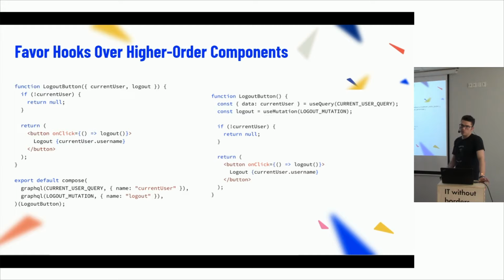You also should favor hooks over higher order components, especially in some cases. So, encapsulated behavior over configuration of props that a component depends on. Here the logout button works kind of the same, but it's using the GraphQL Apollo implementation. We have this higher order component, GraphQL, and if it's a query, then the data from that query is going to be available under currentUser. It's here. But just looking at that logout button, you don't know what the current user is.